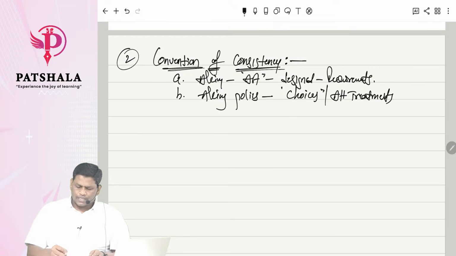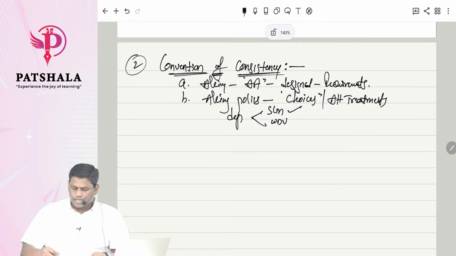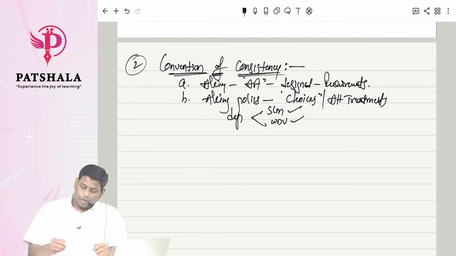Example, chapter depreciation. To charge depreciation, how many methods we have? 2 methods. One is called straight line method, another one is called WDV method. Which should I follow? Anything you follow, no problem. If you like straight line, follow that method. If you like this, you follow this method. There is no hard and fast rule which method is to be followed. Both are equally accepted. But what this convention says is that